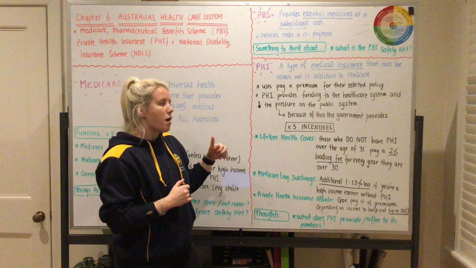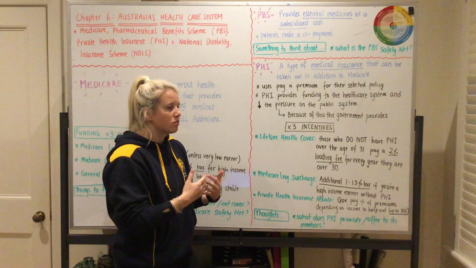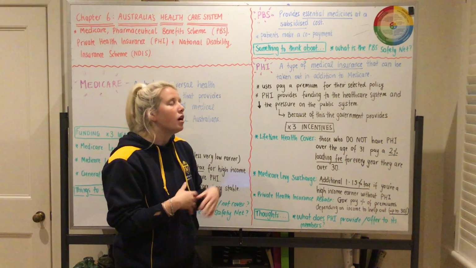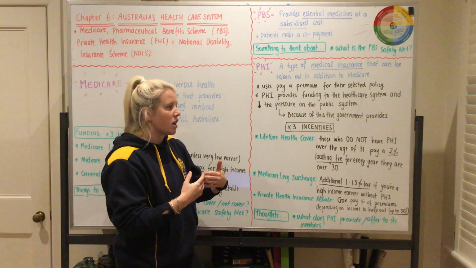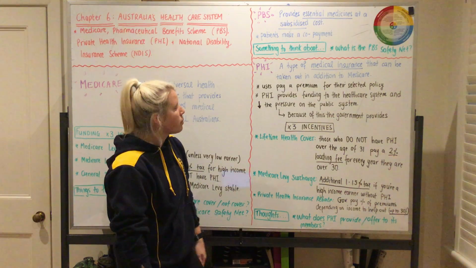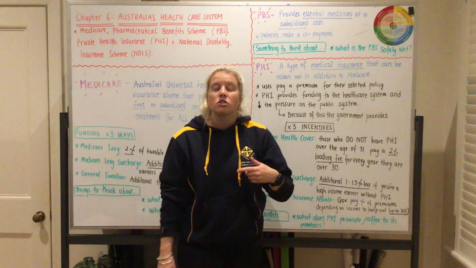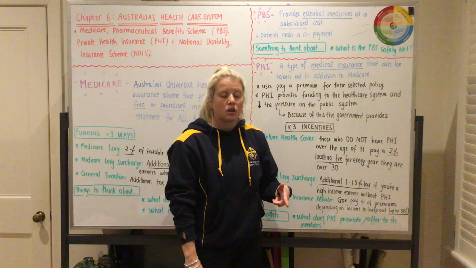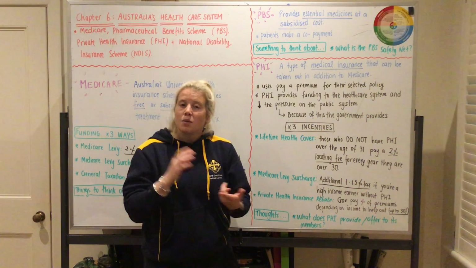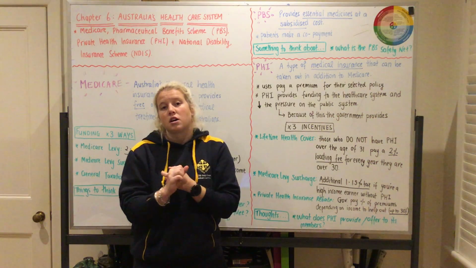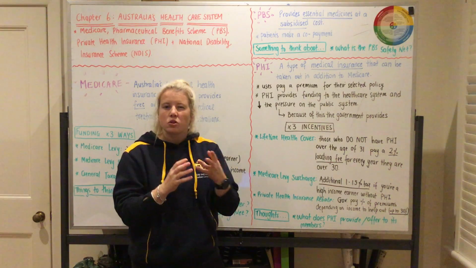So a reminder that Medicare will actually cover 75% of those fees in a private hospital. But you've got to keep in mind that there's a significant gap that you still need to pay. And the other thing that you can do with your private health insurance policies is you can actually opt for additional extras. So some of you might have, through your families, it might include a couple of physio visits a year, maybe 2 visits to the dentist, maybe if you wear glasses, that's included in your coverage